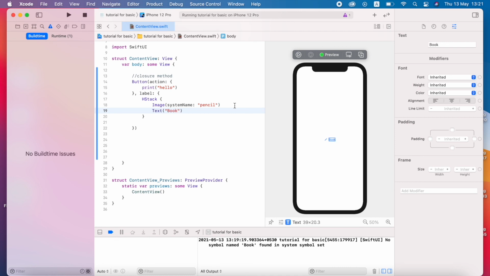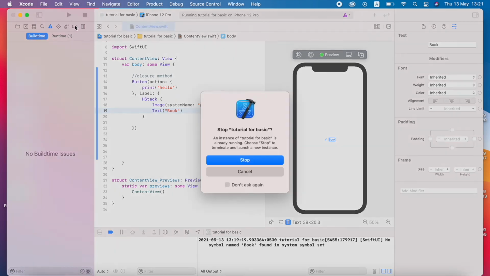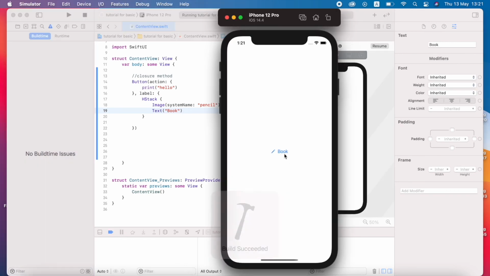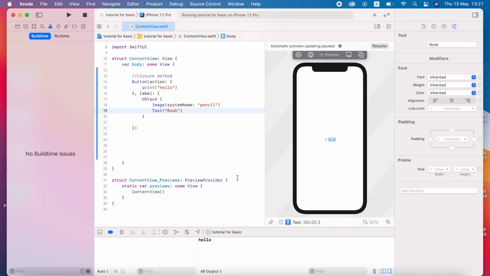You can see this appears in the preview. So I just run it and see whether it's working or not. See, if I click the book I will get the hello here. So it is working fine.